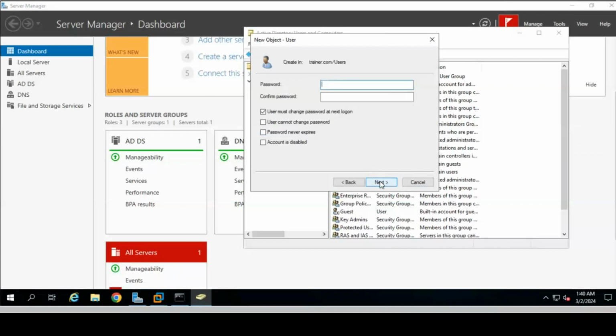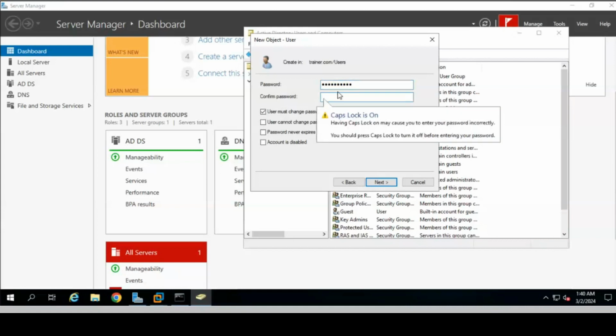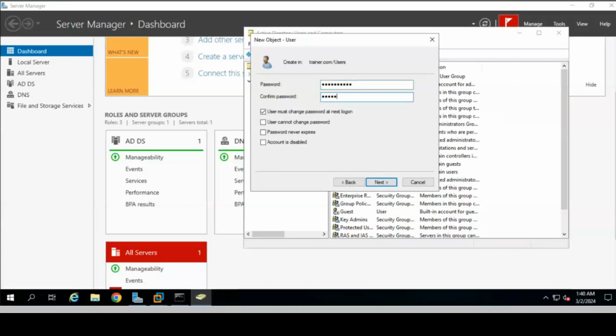Do next. For the password you can set any password, but I will set cloud@123$ again so that I will not be confused about the password.